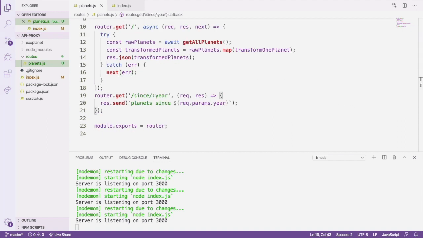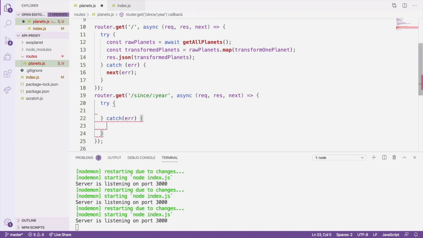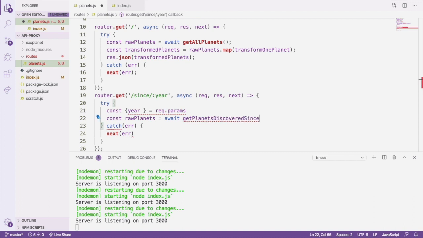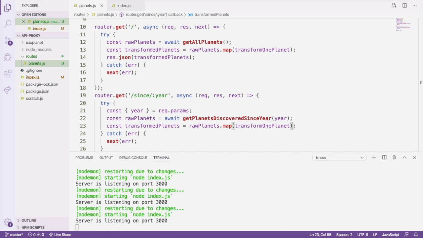Now we'll implement the planets since year response handler. It's very similar to the last route, but we're using the year parameter, which is part of this route's path.